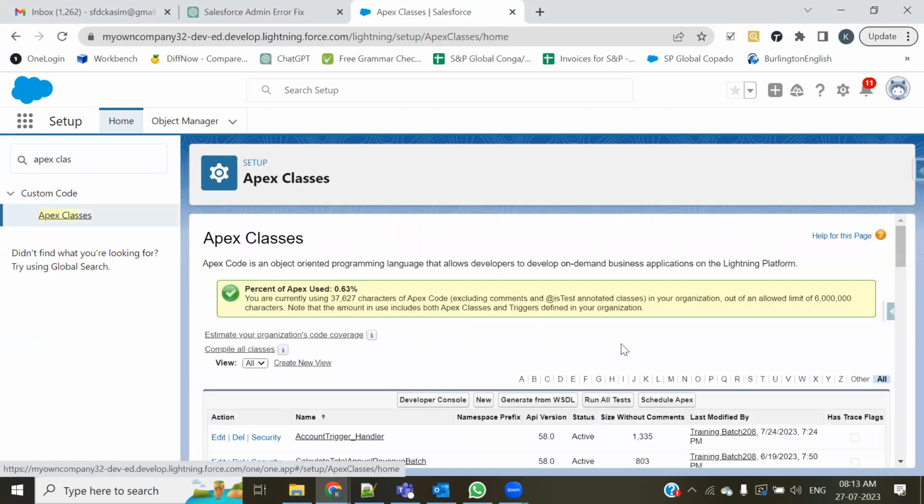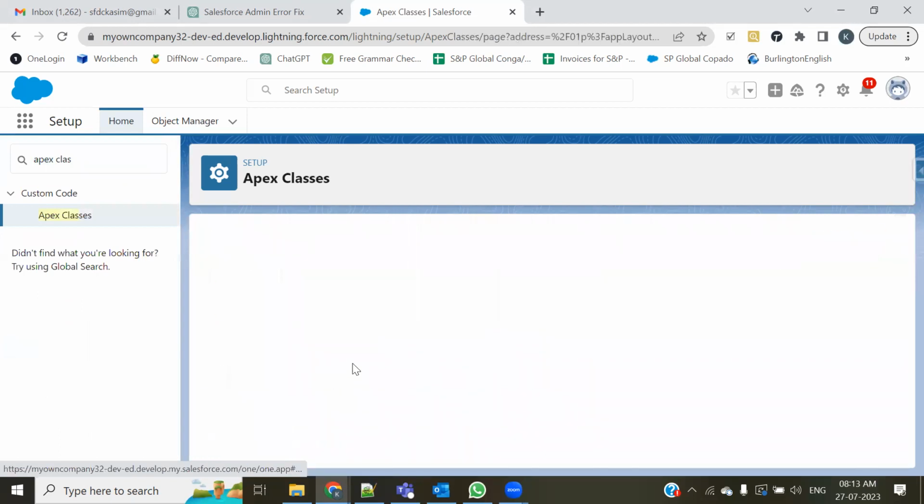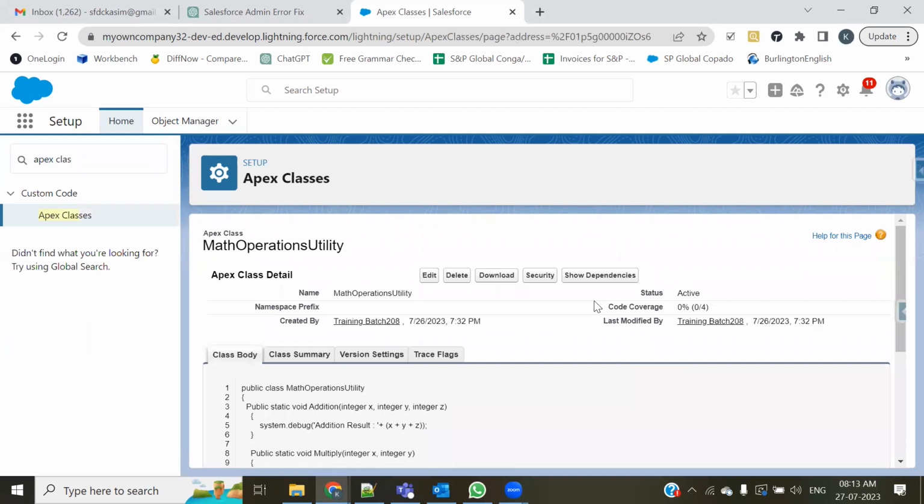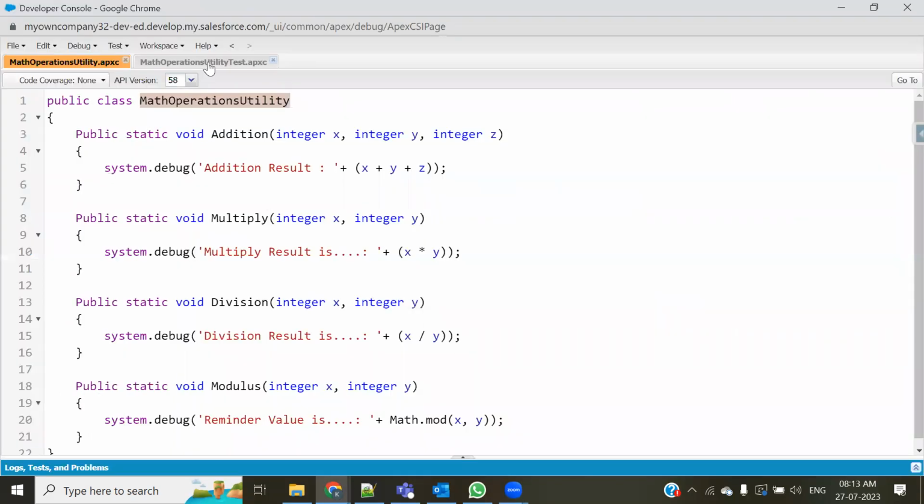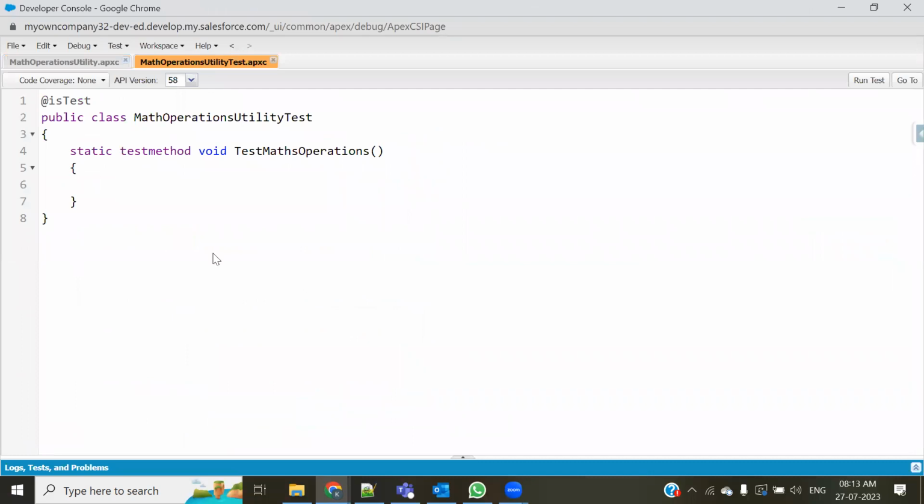So I'll just open that class once again, MathsOperationsUtility. And as you can see right now, it has 0% code coverage. We are working on that. We are working on a test class. All right. The simplest way of writing a test class,